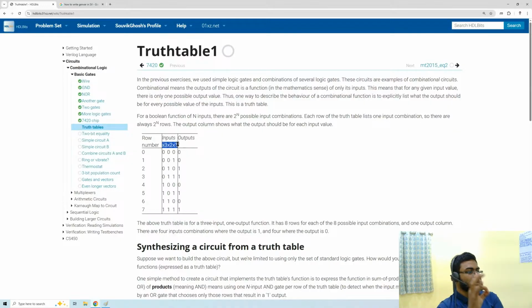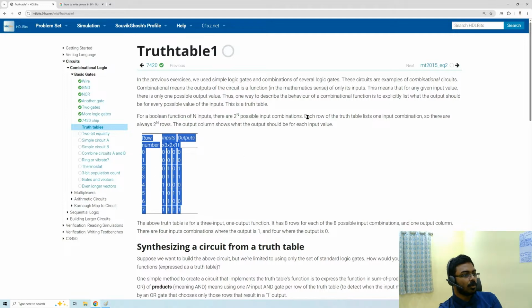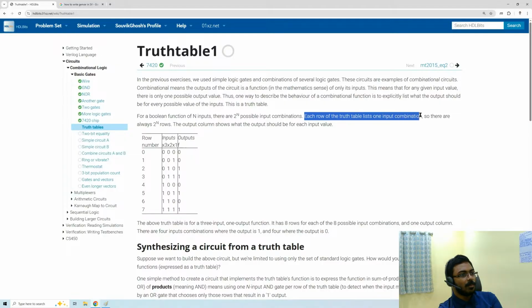For 3 inputs, we have 2 to the power 3, which is 8 possible input combinations. That is what we see here. Each row of the truth table lists one input combination